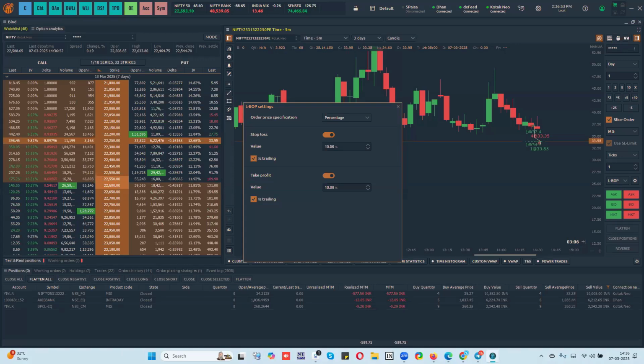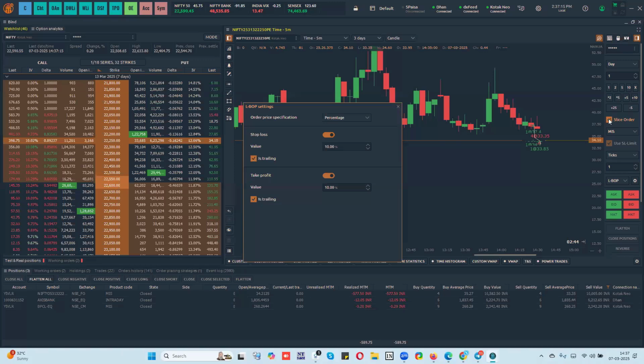If I added LBOB and say 10 lots each time, it will work because you have already enabled slice order. So if you enable slice order, if you have 40 lots, it will send two orders separately. So nothing to worry about it. It will send 24 and 16 lots, two different orders, and it will exit.